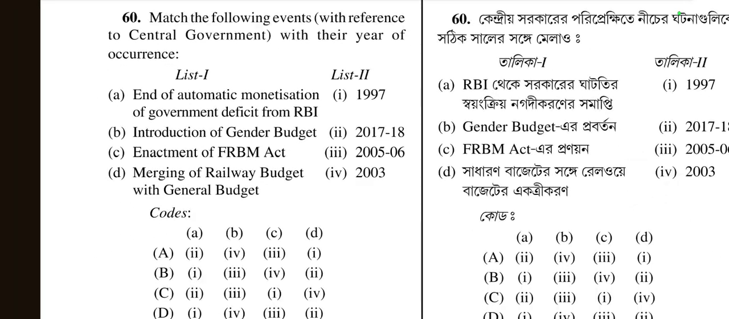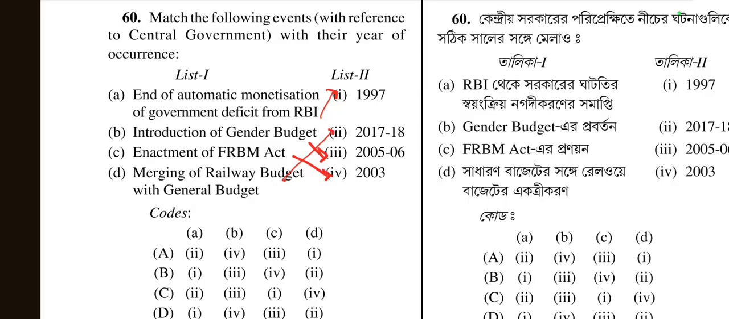This was in 1997. End of automatic monetization of government deficit from RBI, 1997. Then introduction of gender budget, 2005-6. Then enactment of FRBM Act came in 2003. Then merging of railway budget with general budget,